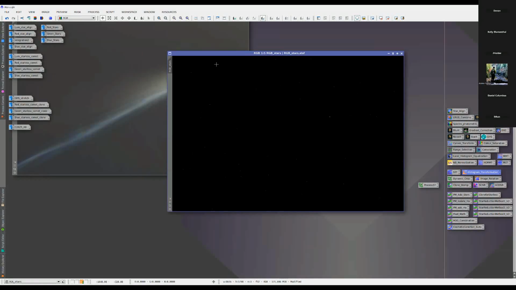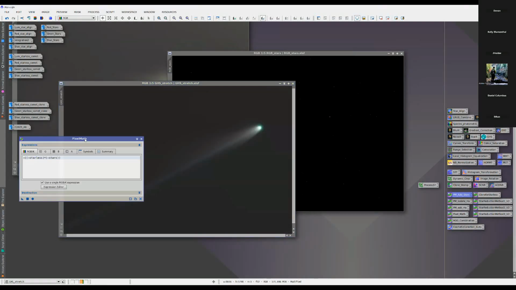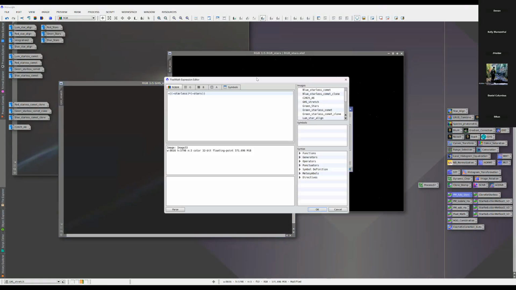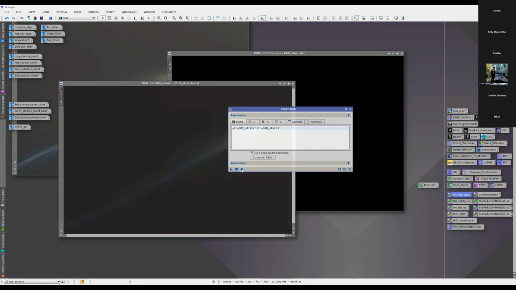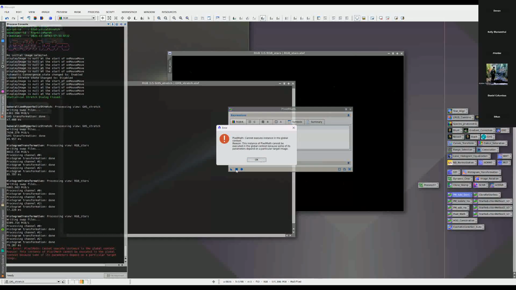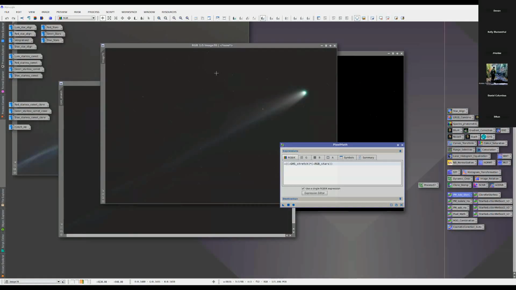And then you can take this image right here and we're going to apply it to our comet with some pixel math. So we'll go into our starless image is the same as the GHS stretch. So we'll apply that there. And our star image is the RGB stars, right there. Okay. And then we'll apply that. Oh, what did I do there? There we go. And we'll apply that there. And you just get those nice background stars, they're visible, they're nice,